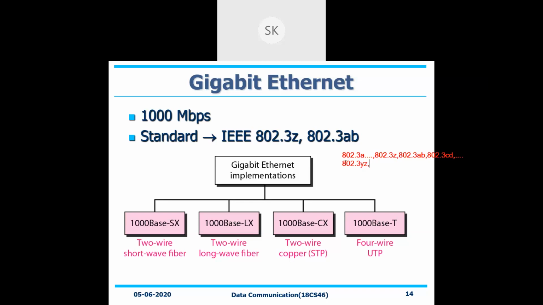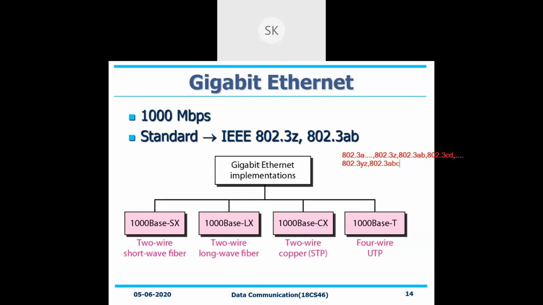The next category will be 802.3 with respect to A, B, C, 3 particular characters in one particular group. So this is how it would be implemented. So you are reaching the end of that single character visibility with respect to your gigabit. After that single character stage, you will be going with a bunch of characters. So this is how the representation IEEE 802.3Z followed by 802.3AB comes into the picture.